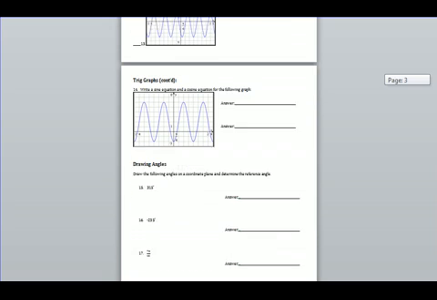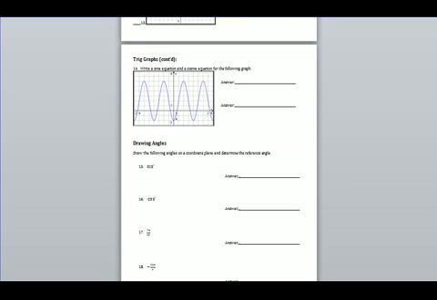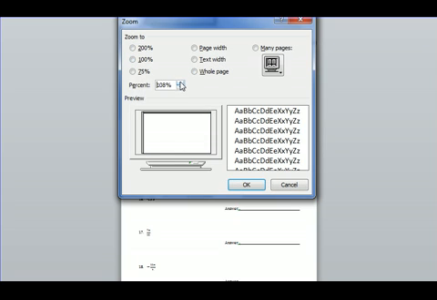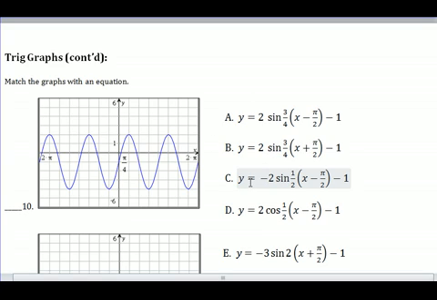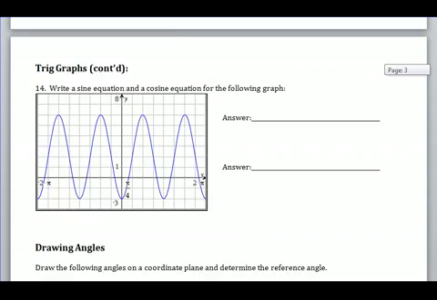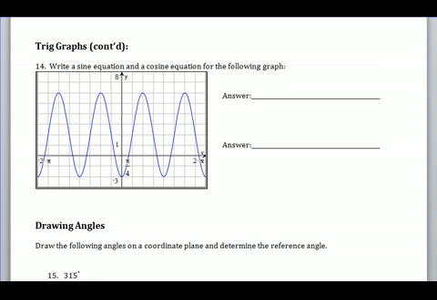All right, so let's move to the next section. Okay, that took me back up to the graphs. Here we go. So in this part, we're being asked to actually write two equations for this graph that we're